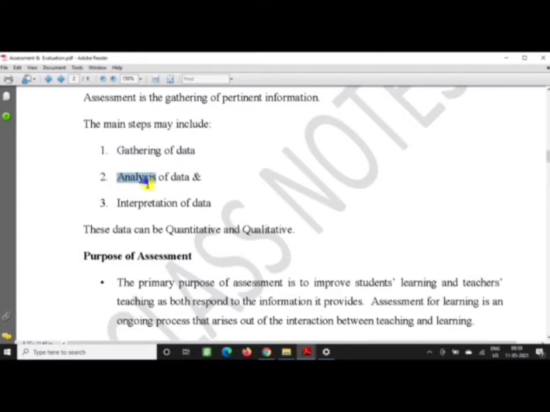When you gather data, you will analyze the data. Analysis of data is comparing, contrasting. It is based on the skills of the teacher here. Interpretation of data: after analyzing the data, you as a teacher will interpret.